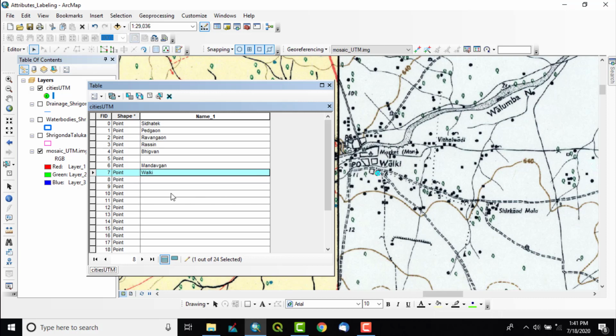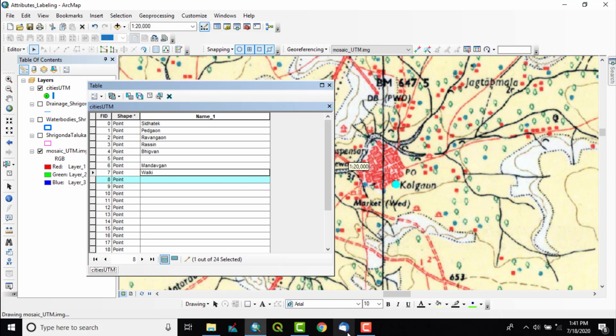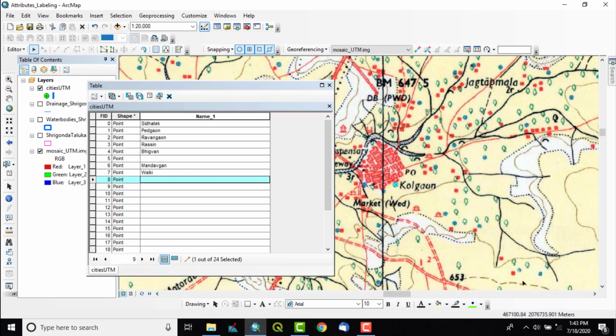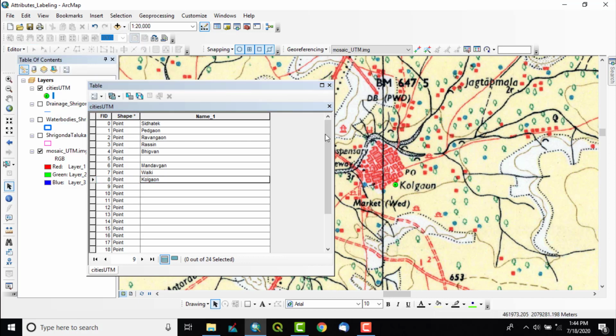In such a way we can assign the attributes. Now I will stop. First I will save edits, then editor and stop editing.